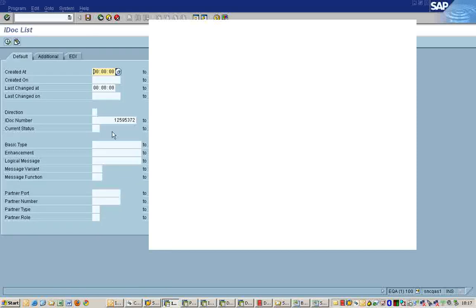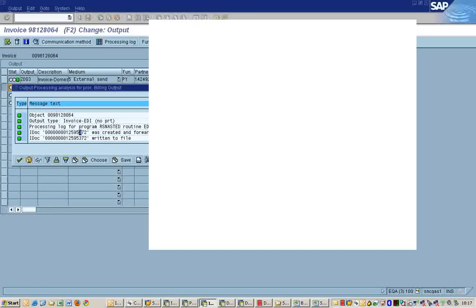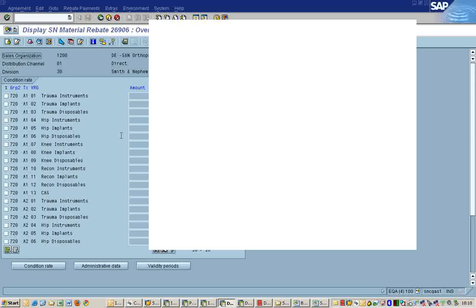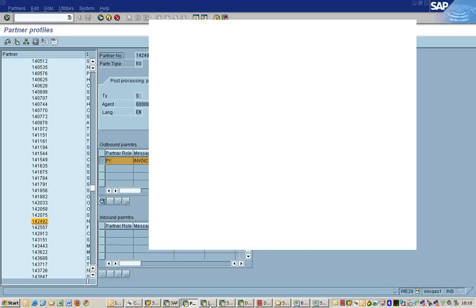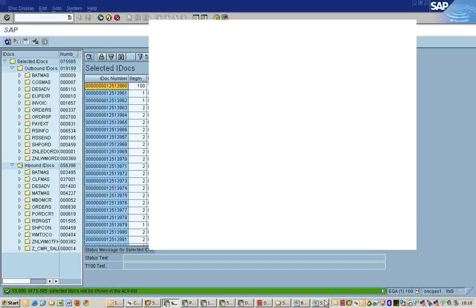So let's see other different types of IDOC. There is another transaction which a functional consultant should use, called BD87. This is the most important transaction. There are two transactions which a functional consultant should be using very often. WE20, that is the partner profile, and WE02.